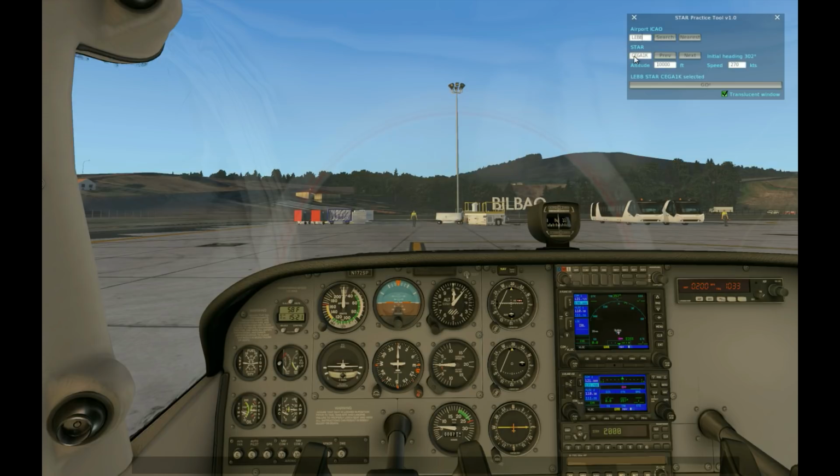Next is the actual star that you are interested in, and you can navigate them through the previous and next buttons. You can see here that the plugin tells you the initial heading for each star, so that can help you to set up the autopilot or just know what to expect. And finally, you have the altitude that you want to start in and the speed.